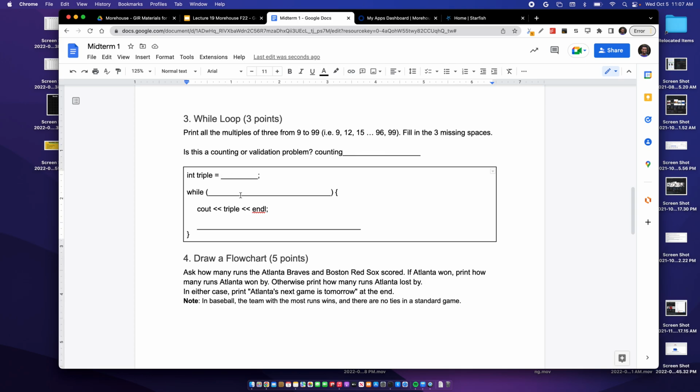So where do we want to start this at? 9. Yeah, the first thing, you'll notice we're initializing the variable triple. And the first thing we want to print out is 9. So we want to start counting at 9, right? And then what goes in our while loop condition here? Well, triple is less than